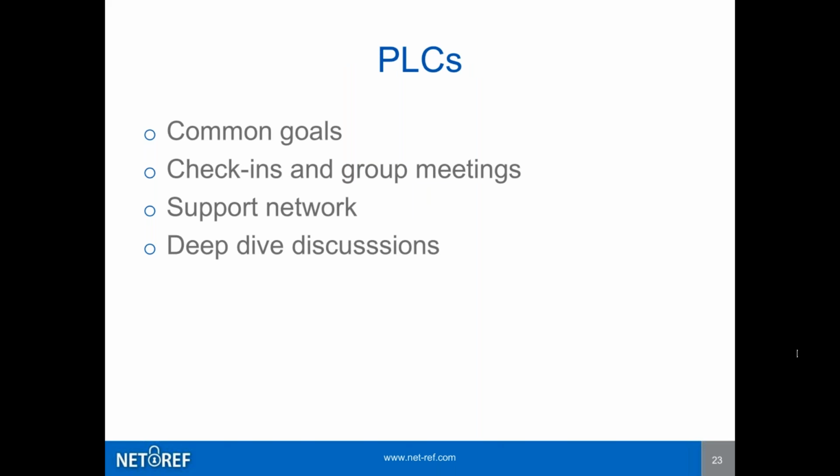So within these groups of teachers, they come together on a grade level team or as teachers with common interests that they want to explore. They may have a specific goal that they're going to discuss. So what is it that they are coming together to think about? There are periodic check-ins and group meetings as they tackle a big idea that they're trying out, exploring, and reflecting on. It becomes a support network of people who know who they can go to when they want to talk something out. And then when they come together, they have deep dive discussions.